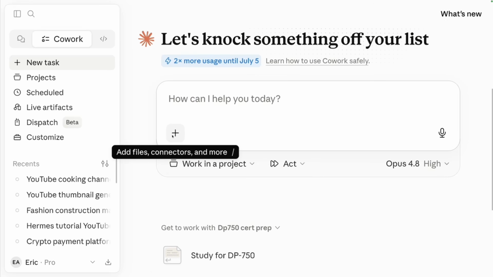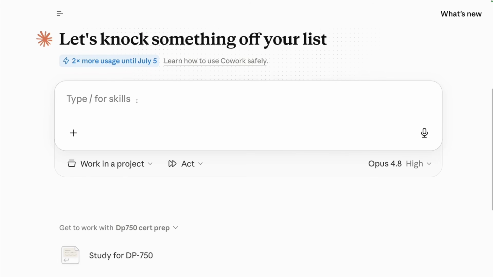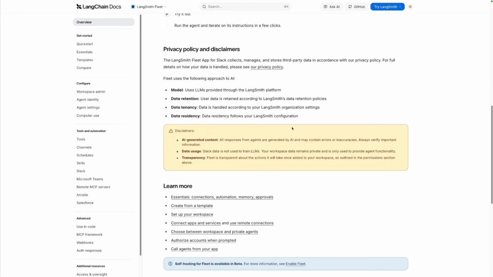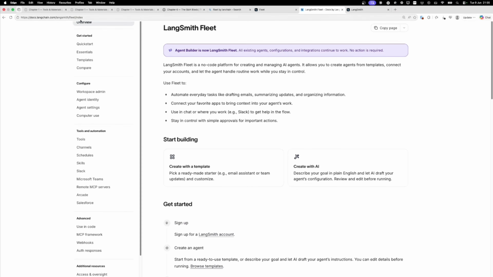So I'm going to use it via co-work. What I'm going to do is that I actually saw this tool. It's called Fleet by LangChain. It enables you to build. Fleet by LangChain uses a kind of React flow system, where I'm going to show you how this looks. This is how Fleet by LangChain looks. It's an agent builder, a no-code platform for creating and managing AI agents. I actually like this kind of stuff, but it's not really available. So I've been looking for something like this. I think this is quite challenging.